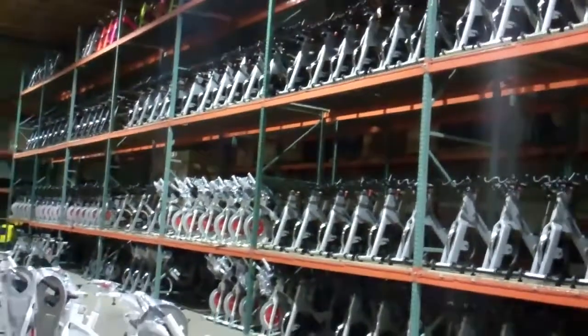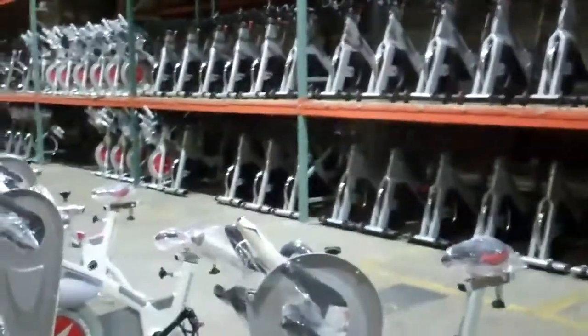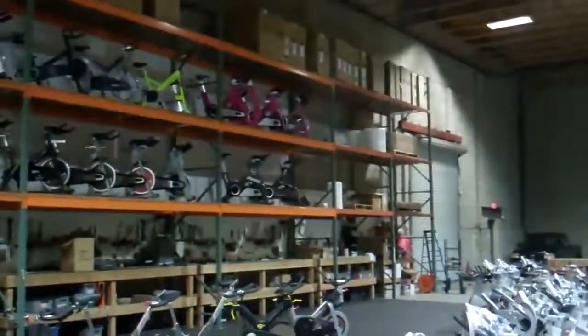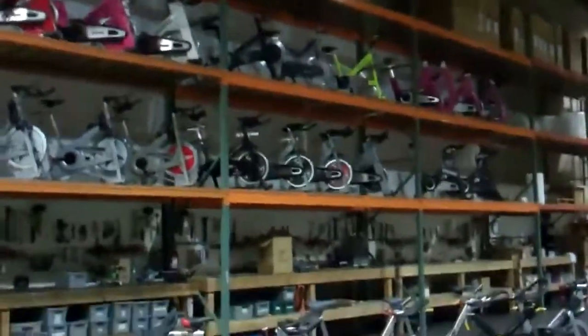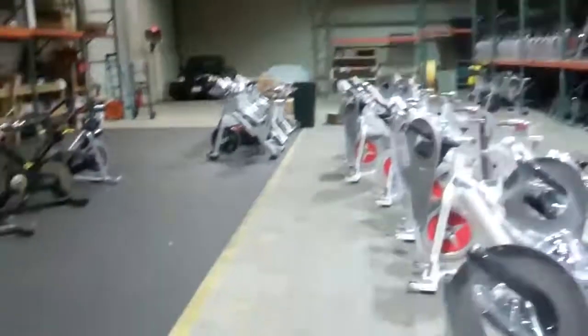Now, just a quick rundown on us. We are the company in the fitness industry globally for knowledge, for consulting, and for absolute professional level building and refurbishing. We consult with pretty much anybody who's anybody in the fitness industry that manufactures bikes. This is a 15,000 square foot warehouse in Hawthorne, California. It's where we do our professional level building. And if you're buying bikes for your club and you want to come to one place where all the major brands are under one roof to test and compare